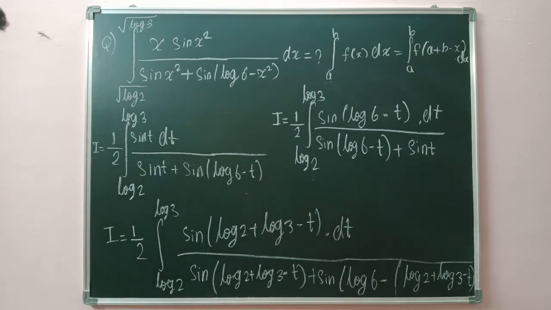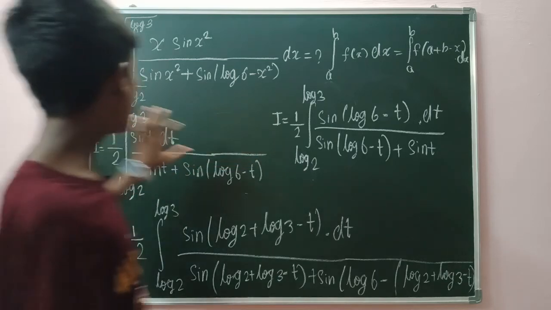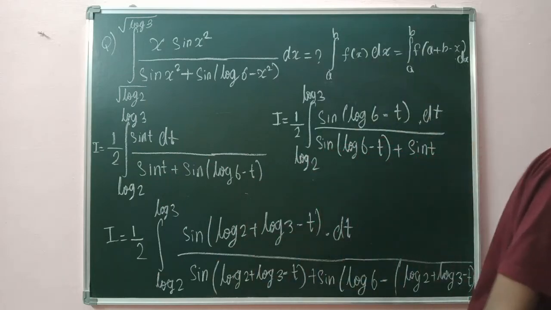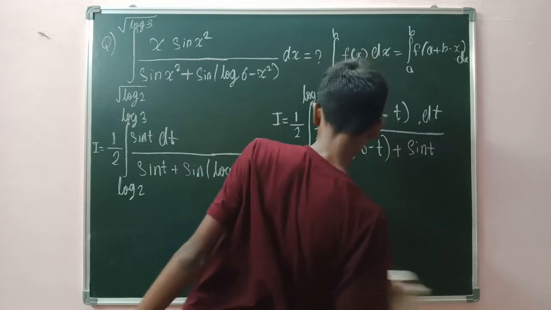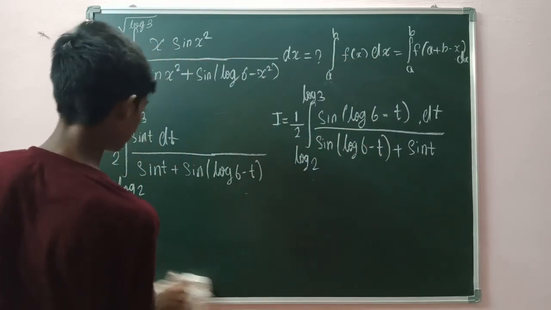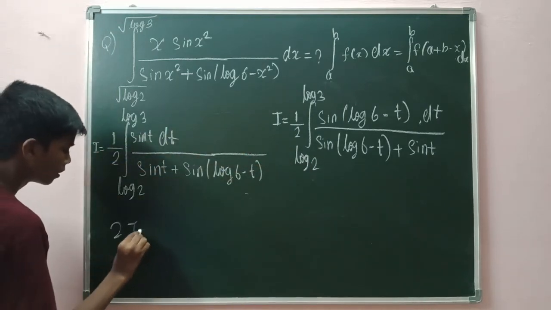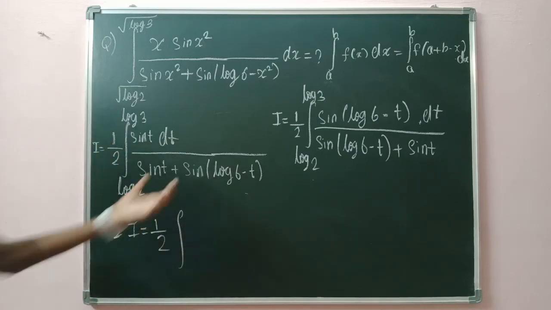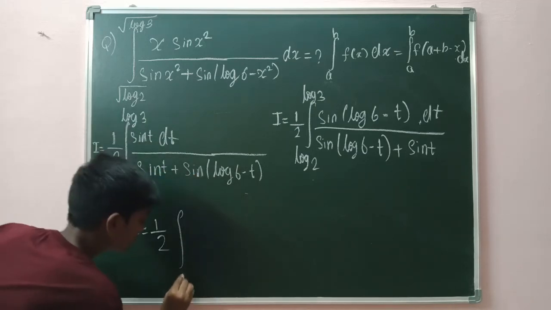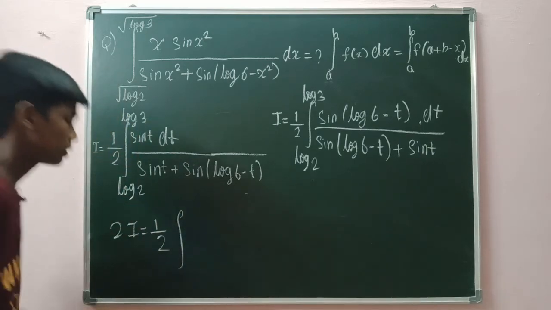So now after this I need to add these two integrals. And with that the work is over. And with that the job is done. When you add these two integrals, what you will get is I plus I will be 2I. 2I is equal to half into the same constant. Limits also same because in King's rule the limits are the same. Hence the limits will be the same. Not a to b. It is log 2